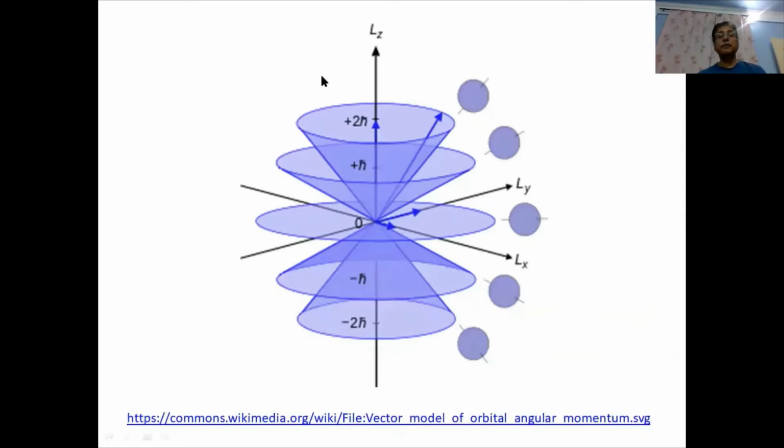Now you can see from this figure that the angular momentum associated with the atom can have only certain orientations allowed in space. For example, we have these orientations of the angular momentum in space, and correspondingly their projections will be +2h cross, +h cross, 0, -h cross, and -2h cross. So the angular momentum is quantized like this. It has only certain directions allowed in space, whose projection is given by what we call -L to +L.